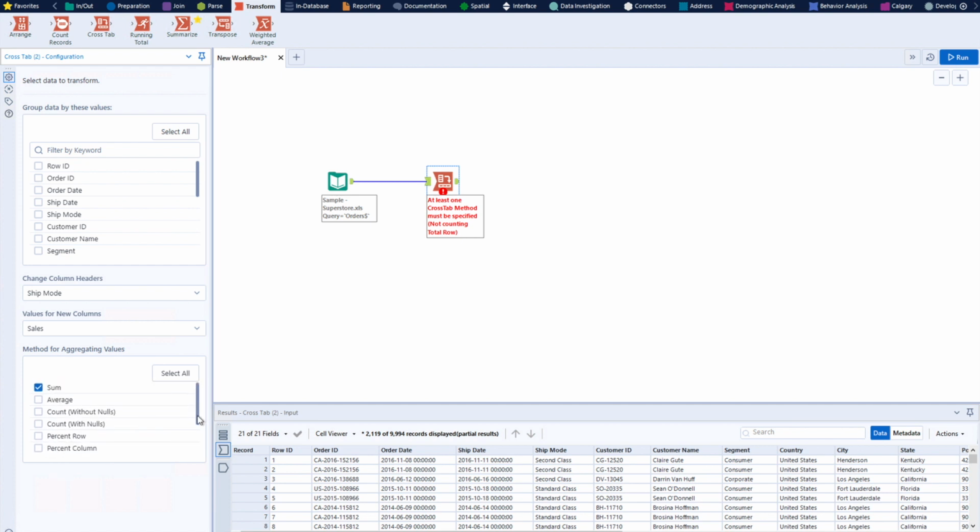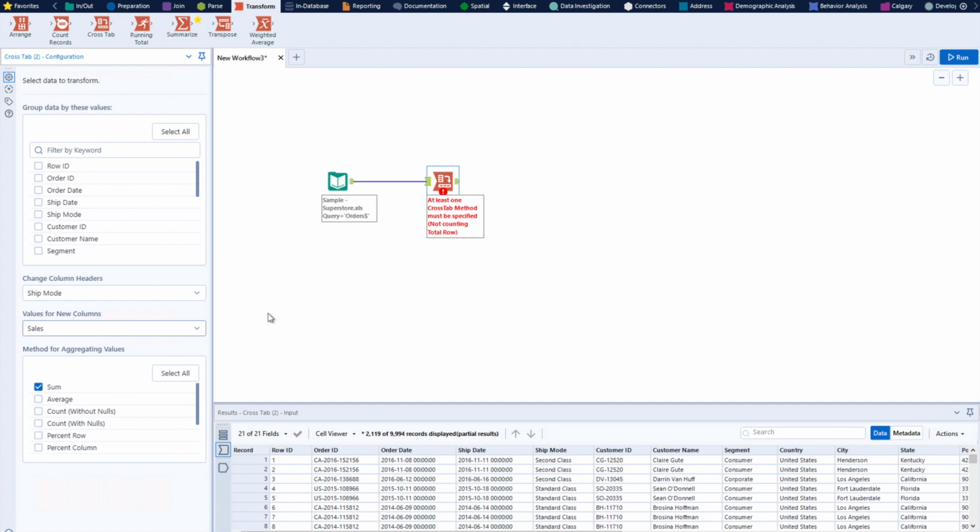But suppose I select a column which is a string or text column, then I will have only the relevant measures. I can do only first, last, or concatenate. So remember that based on your column, your measures or aggregations will vary. These are a few important things which might be asked as conceptual questions. People might ask what will happen if I don't select any aggregation method, or if I change the column to string, what measures or aggregations will be there. Make sure you remember that.